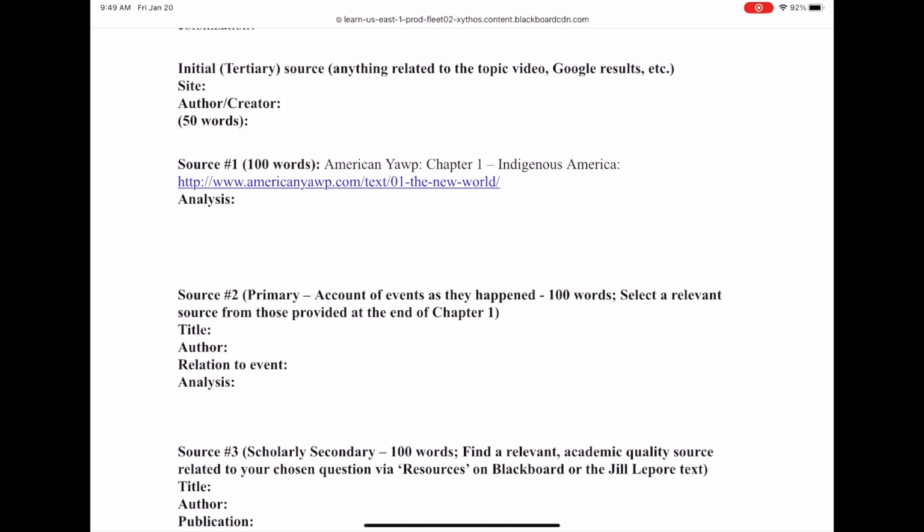The first thing you got to do is take your question and find a tertiary source. What I mean by that is something written for the general public. This could be virtually anything. It could be a YouTube video, it could be a Wikipedia article. This is where, if you are a big Khan Academy person, go ahead and hit that up. Encyclopedia Britannica. The general idea is that tertiary sources are for a general audience, written for non-experts, and it should get us familiar with the topic a little bit. So you just got to write 50 words about it.